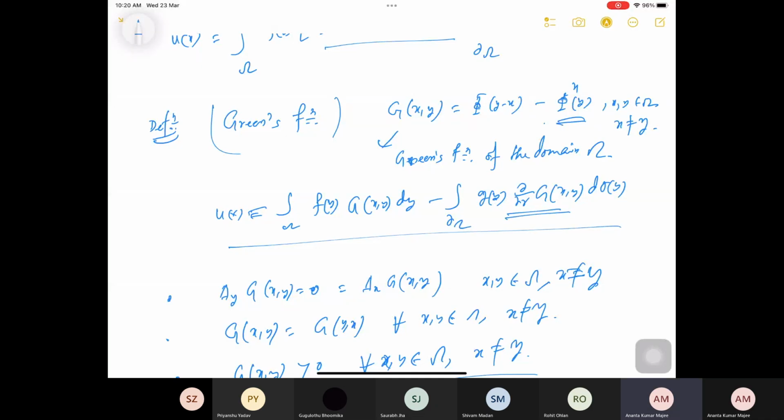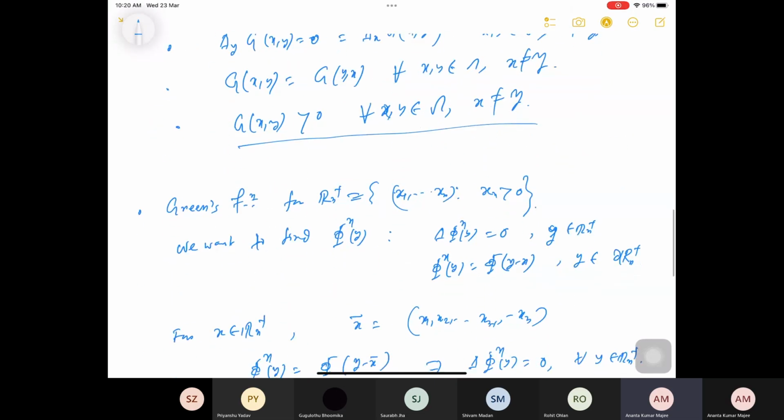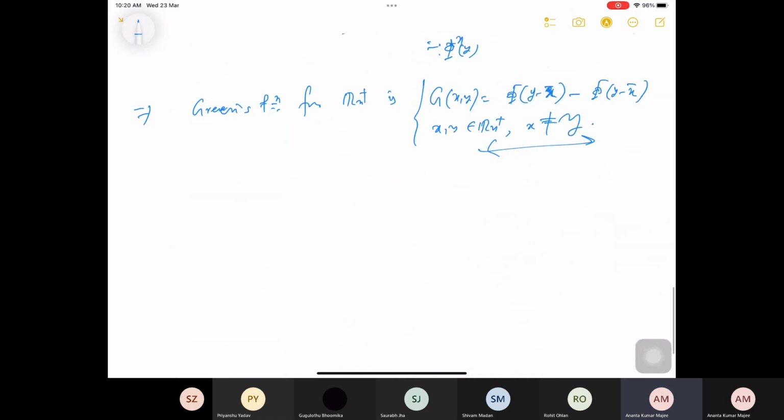the ∂G/∂ν. Okay, ∂G/∂ν I need. So what is your ∂G/∂ν? ∂G/∂ν is nothing but I can have ∇G · ν, summation over the components of ν. So now in this case you check that ∂G/∂y_n should be nothing but minus